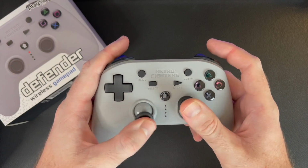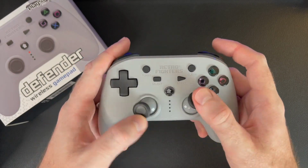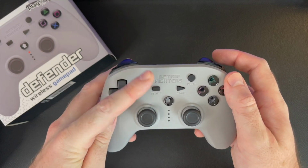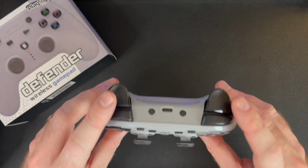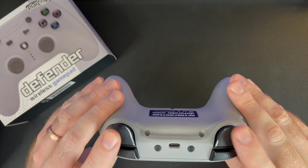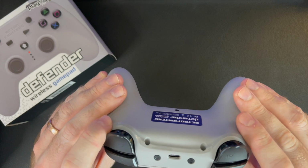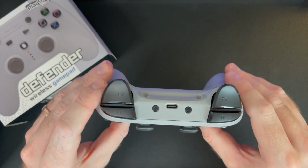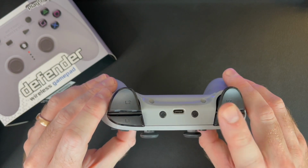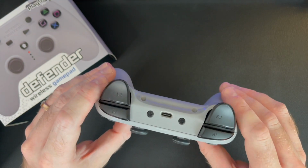And then your analog sticks, which feel really good. Then you have your start and select here, turbo and clear. And then looking at the top, we've got our L1, R1, L2, R2, and the capture button right here if you are intending to use this with the Switch. It's a little bit out of the way, but I do appreciate that they've included that there